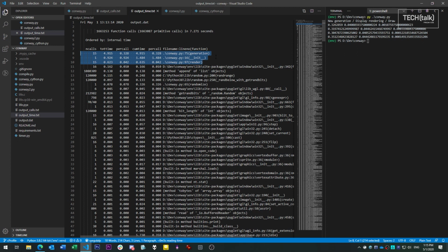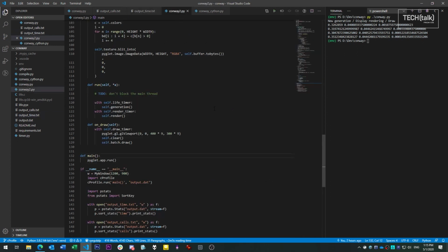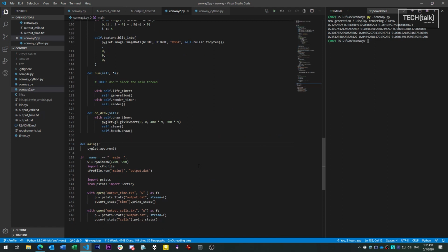I mentioned before how total number of calls can be misleading. In this program, we have a lot of calls to the random number generators at startup, which means our total calls analysis is thrown off. What I'm going to do is run a number of calls analysis on a slightly different version of the program. Here I'm taking the startup part of the program and running it before we start gathering our statistics. This is one of the ways cProfile is powerful. You can use it to gather statistics on the whole program or only on one specific aspect of it.